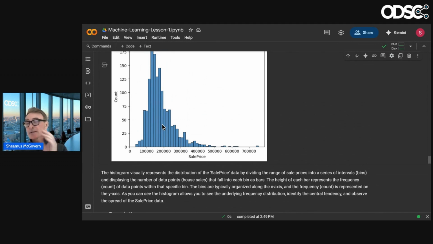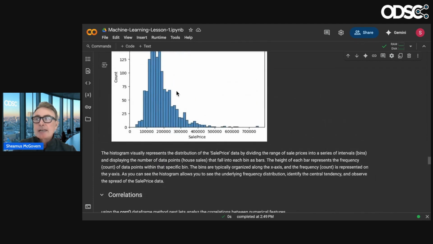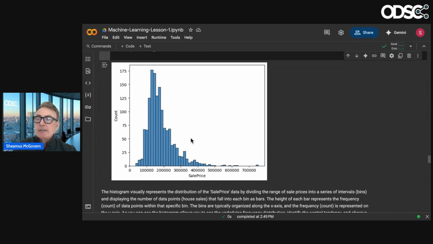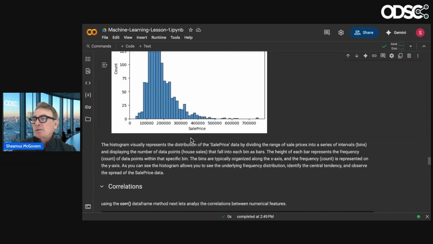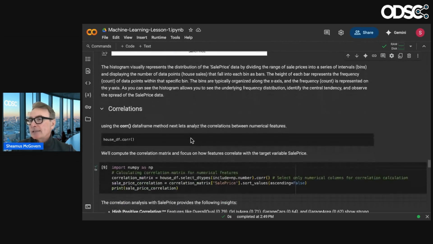So for the most part, I'm going to leave that alone. I could do a log on it, but if I was plotting, say, the square footage or something like that, I'd say, okay, well, I want to use a regression model because I think that'll be the best one. So I may have to manipulate my data to better predict in a linear fashion, right? So that's why visualizing some of these features is important to see what you would get out of it. And again, of course, we look at techniques for doing this at scale.